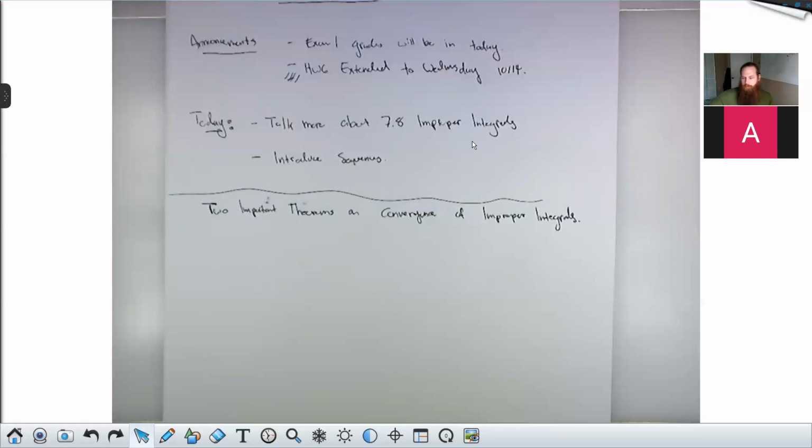Remember, this class is sort of split up into thirds. The beginning third is all about integration. The middle third is all about convergence. And the latter third is all about applications. We're entering the middle third, right? This improper integral stuff is the first place where we've been dealing with questions of convergence. And what we're doing today is the start of us addressing that in the way that we will address it for the remainder of this middle third.